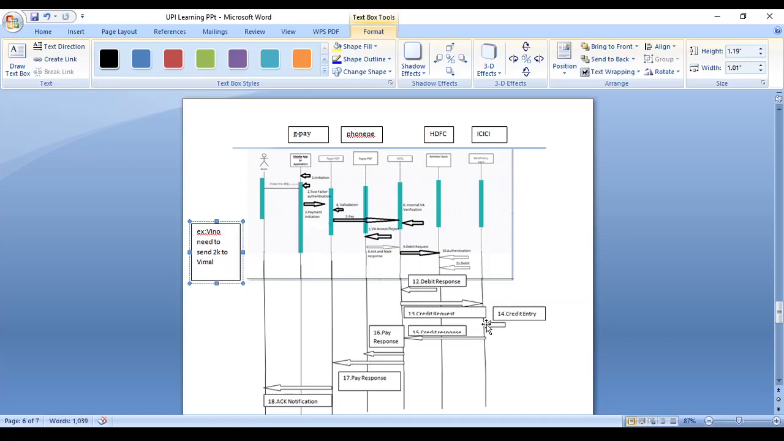Once they do the credit entry, the credit response comes to NPCI, and NPCI sends the same response to the payer PSP as well as the payee PSP, because the payer also needs to understand how much amount should be credited in their account. The payee also needs to understand how much amount should be debited in their account, and they need to understand the transaction status also. So NPCI sends the response to the payer PSP as well as the payee PSP. Once everything is perfect, the acknowledgement is sent to the remitter side,